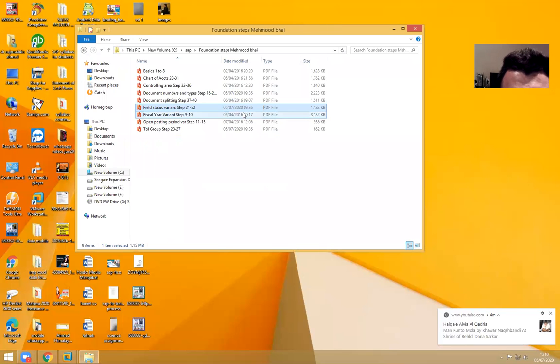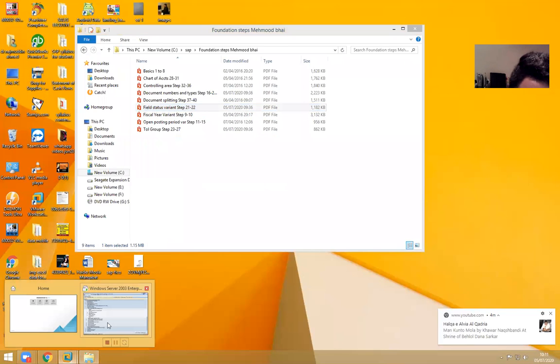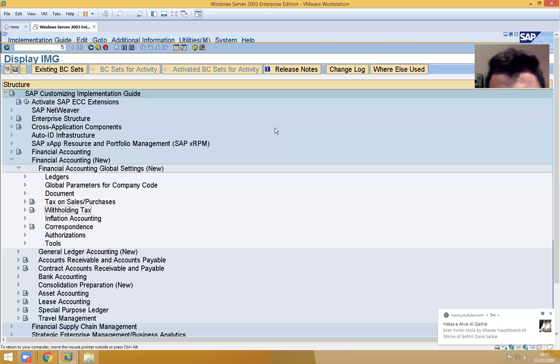See, if I do the practicals, then only you will understand. These 40 steps are dry. Even if I do it one time or two times, even if you do it, you will not get a complete idea of it. When we do the GL postings, that time you can recollect, and you will come to know why we did all these things.